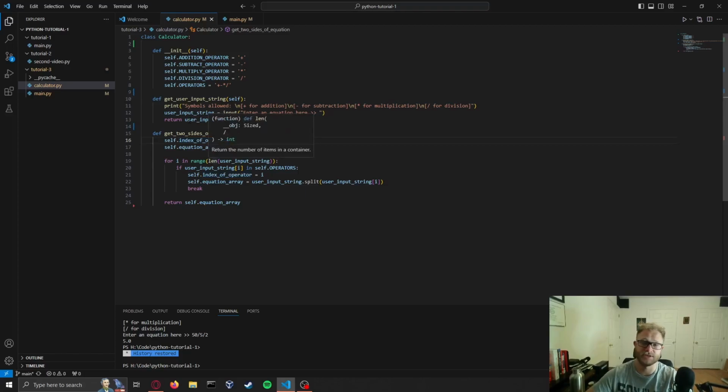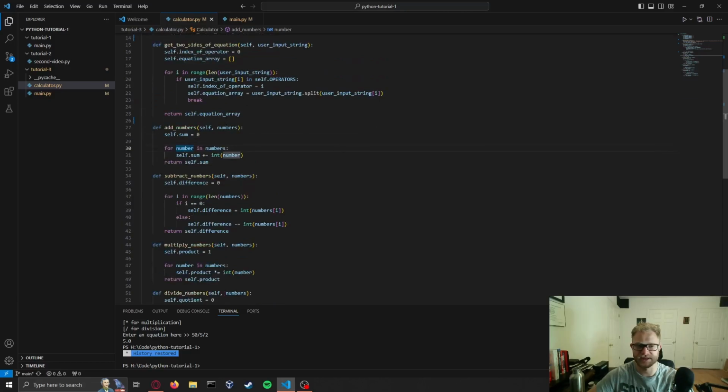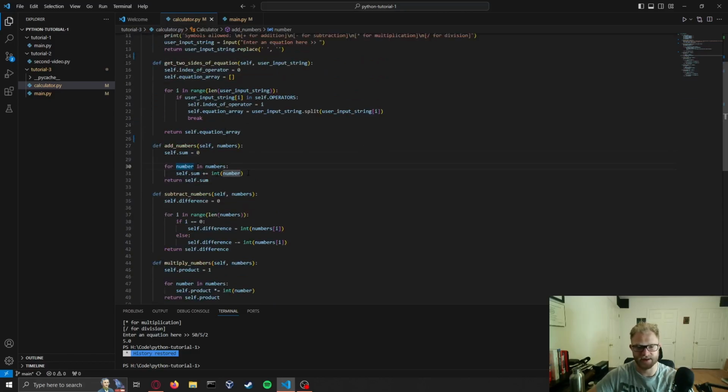The reason we use self is again so we can reuse these variables in other methods. And now I'm going to copy paste all of the other functions from the GitHub and go over each one. So add numbers takes 2 arguments, self and numbers. We set self sum to 0. The for loop gets a number from our list of numbers that's passed in and adds it to the sum